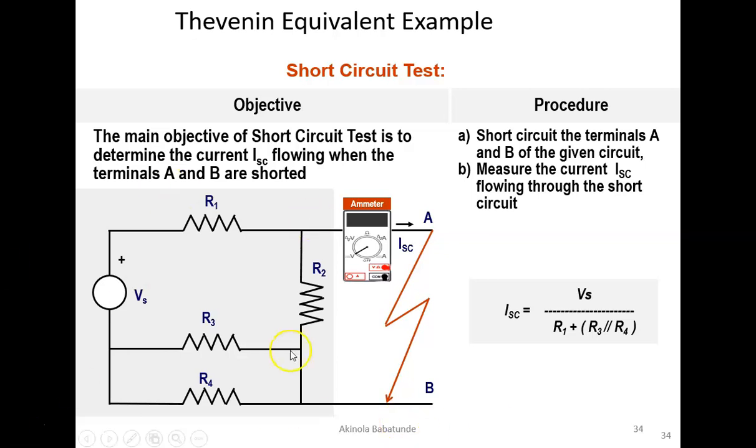And that's exactly what is going on here. Okay, this is exactly the same question given to us with this terminal. We are just shorting this circuit, placing an ammeter right here to measure the short circuit current. Okay, now the short circuit current is given as Vs over R1 plus R3 parallel R4. Right, why do we have this here? Don't forget that our current is equal to voltage divided by